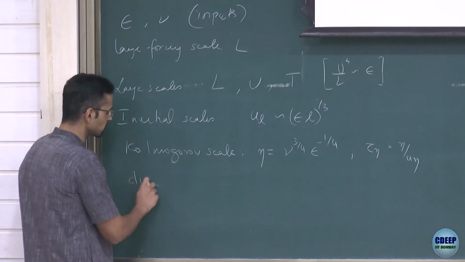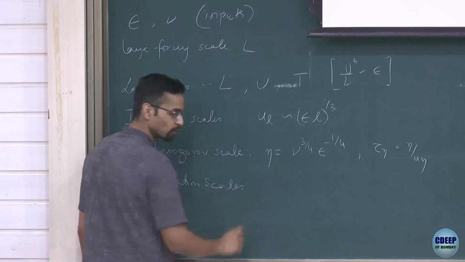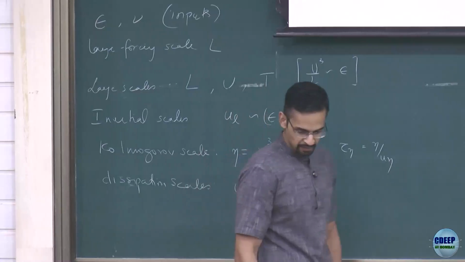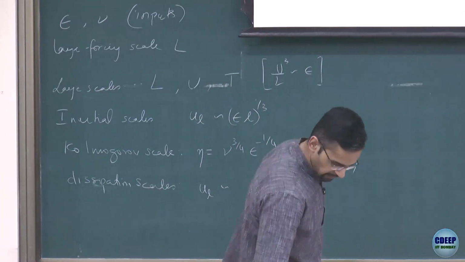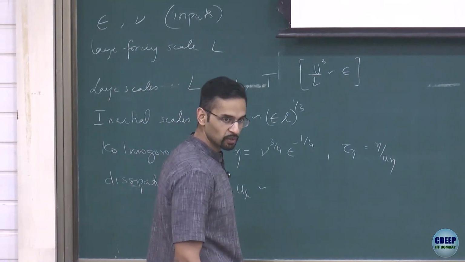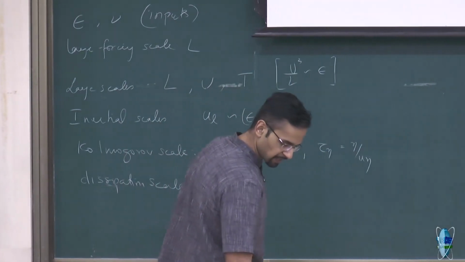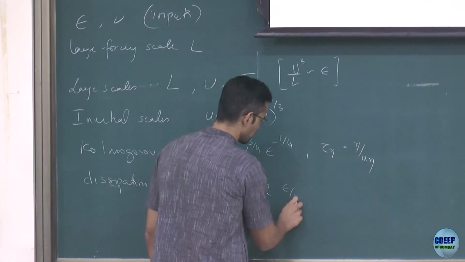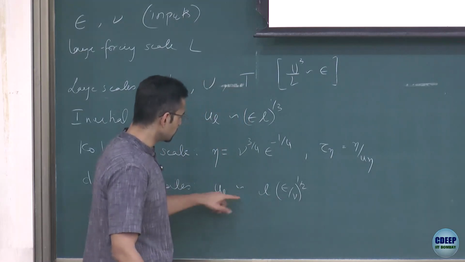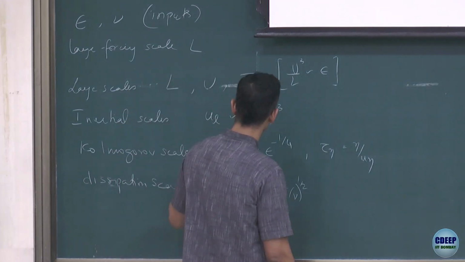And below this, we get the dissipation range of scales, where the flow is smooth. So here we will see that u_l goes like, I mean, the velocity gradient is constant. So we can estimate the gradient such that it has to dissipate that amount, remembering that dissipation is nu times gradient squared. So from there we directly get it goes like l times (epsilon by nu) to the half, because epsilon should be (u by l) the whole squared into nu. Correct? That is the relation we have.